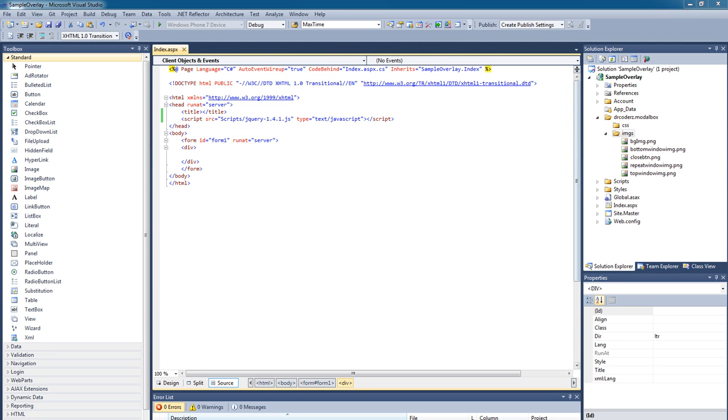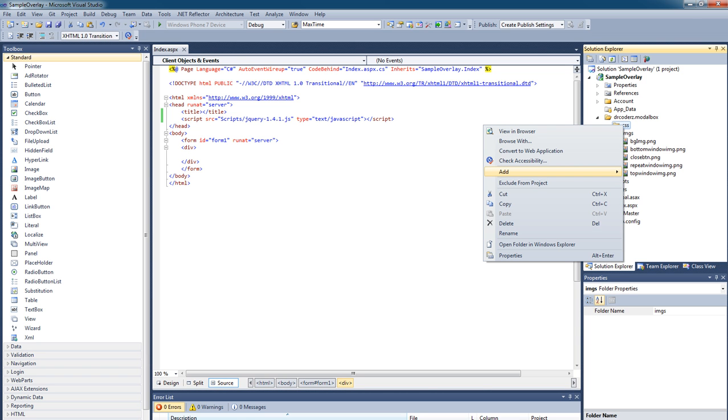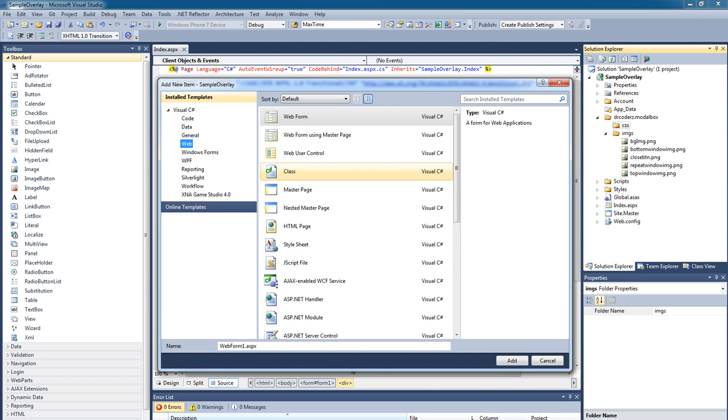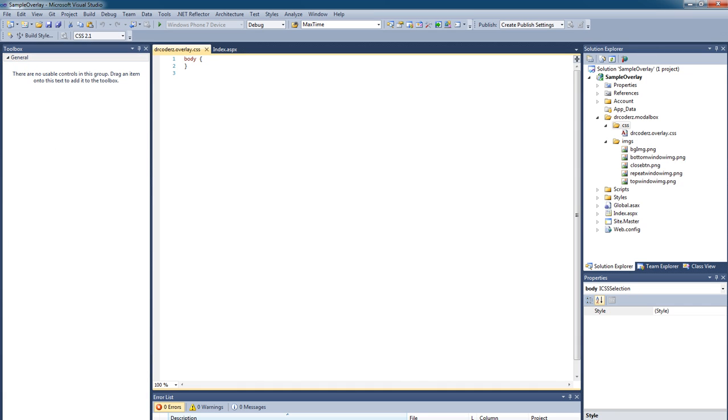I'm gonna bring in some CSS, or actually I can just create it right now. So I can say add new item. I'm gonna create a style sheet. I'm gonna call it dearcoders.overlay.css. Within this CSS, I'm just gonna copy and paste some CSS